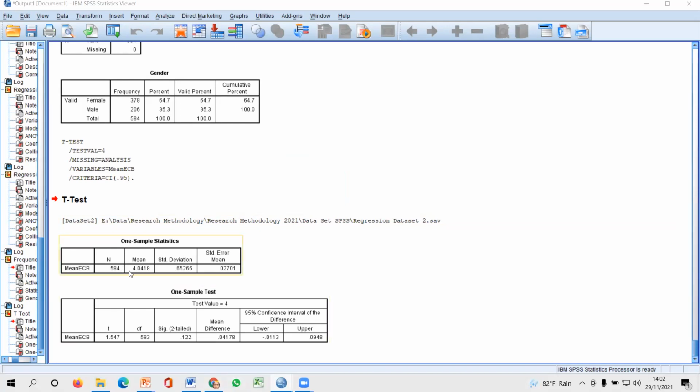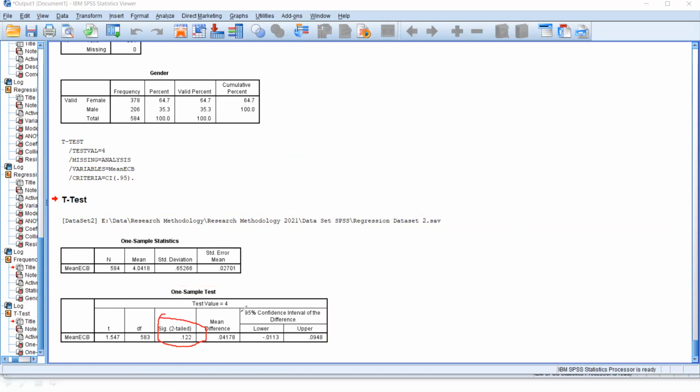So what does the result mean? The mean value I get is 4.04. My test value is 4. The sig value indicates that it is greater than 0.05. It's greater than 0.05. So then my hypothesis is not supported. Why? Because normally in SPSS, a hypothesis is going to be supported when the sig value is